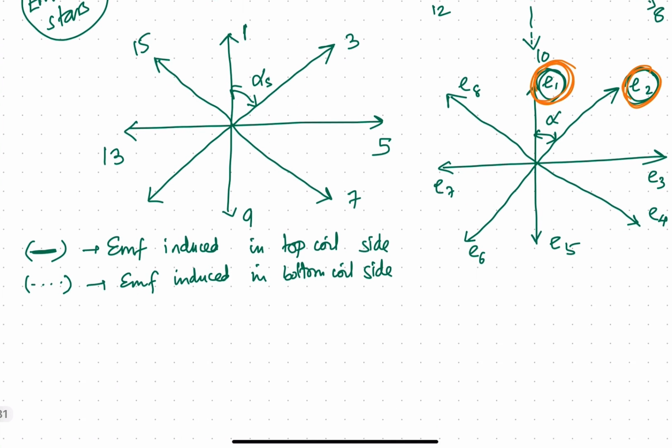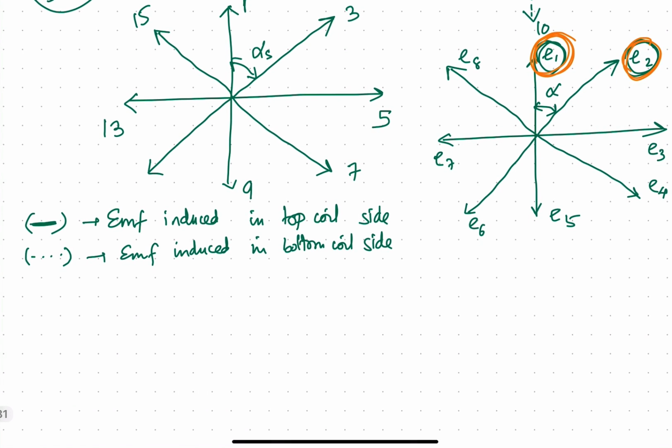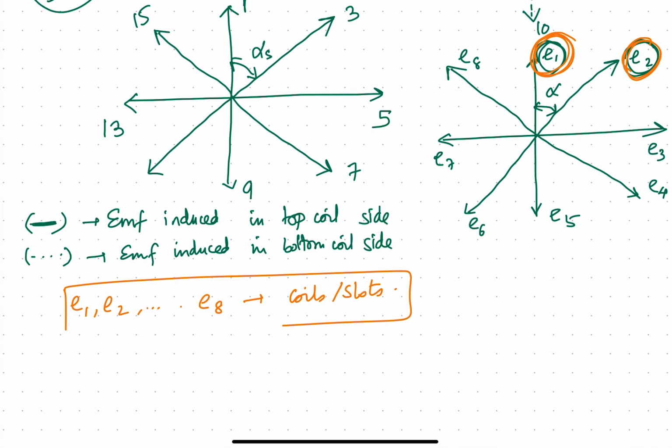so after we draw this figure, you have to know that this E1, E2 and up to E8, these numbers refer to the coils or the slots and the EMFs generated in the respective slots. So what we do, we basically have another situation where we